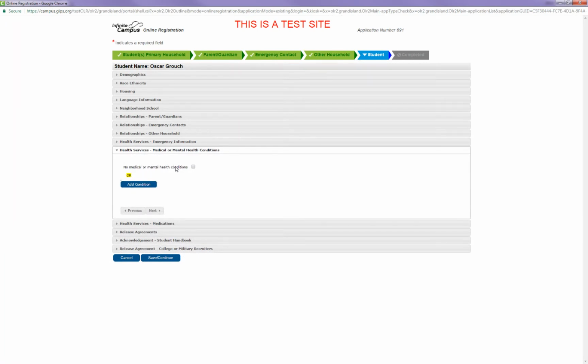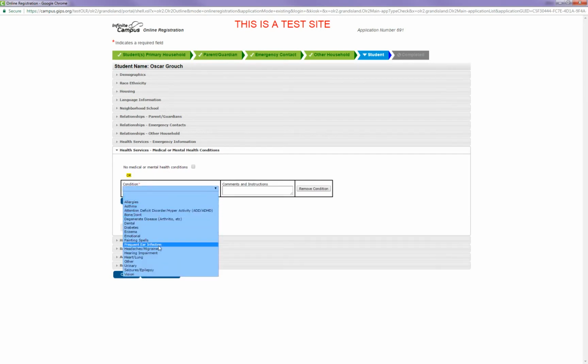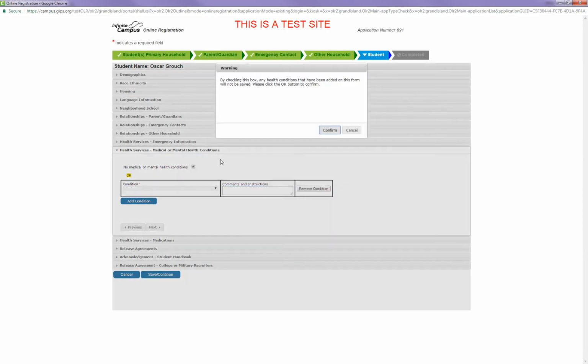This plate is asking you for this child's medical or mental health conditions. If this child has a medical or mental health condition, please click the Add Condition button and then choose from the conditions provided and provide any comments that you may have. If this child does not have any mental or medical health conditions, check the box that says No Medical or Mental Health Conditions